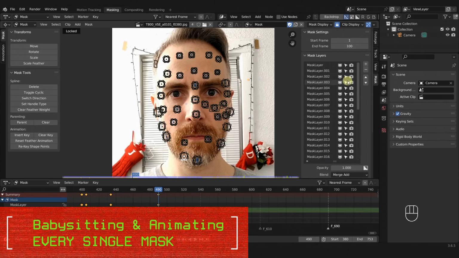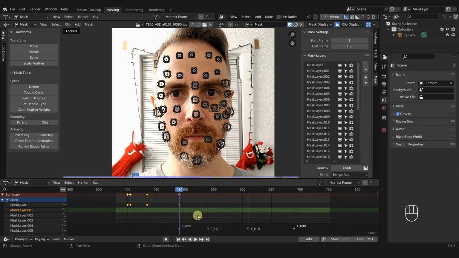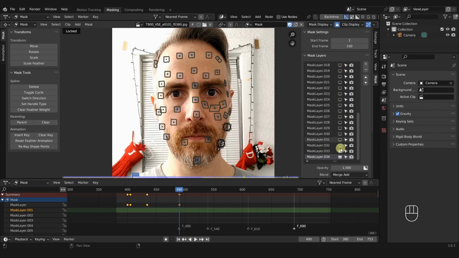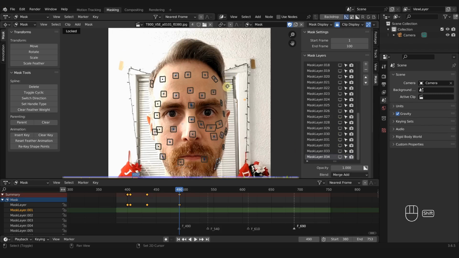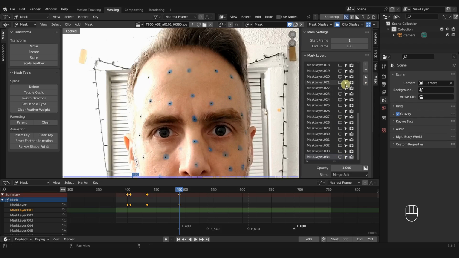So what we're going to have to do is go through every single one of these one at a time and babysit it all the way through the entire timeline. So the way I like to do this is we want to just disable these, and we can do this really quickly by clicking and holding our left mouse button and then dragging down and it will disable all of those. And we can scroll down, do it again, scroll down, do it again. All right, and then we can also disable our patterns, and then come up to start at the very top